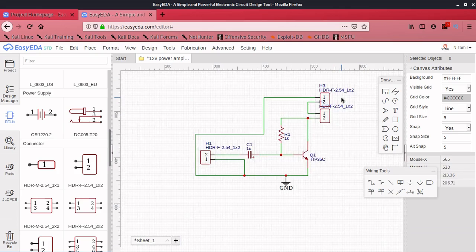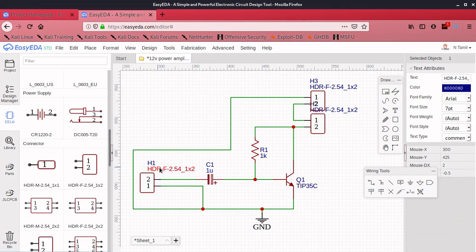So after finishing it I want to change the text. I want to change this text to audio input. So audio in. Okay, then I can choose H1 to input. So you want to rename it to a better one, so I can choose in. Then I can click the speaker, then I can change it to speaker.